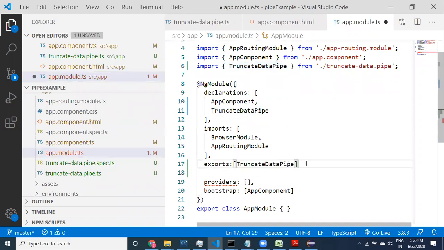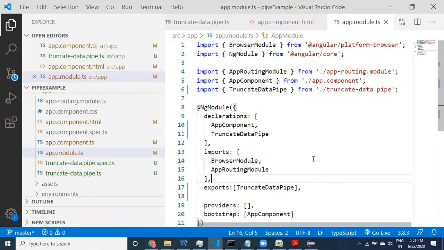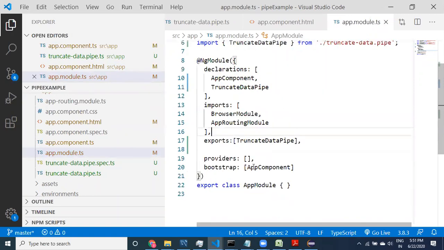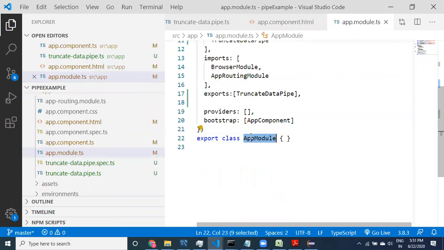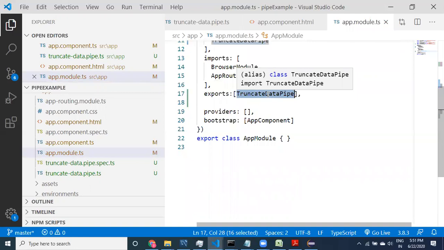Next, go to the other modules and import this module, the app module. Then this pipe can be used wherever you want, in the same style as a component.